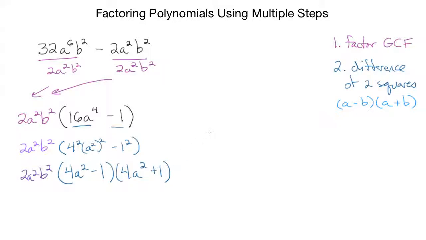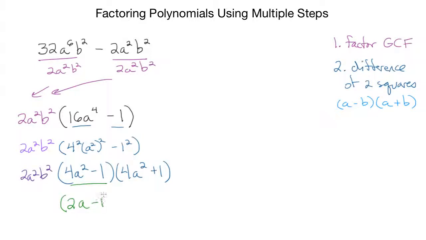All right, are we done? Ooh, we are not done. Let's check what we have. We've got two more binomials, but they both have something squared again still. I can only factor if it's the difference of two squares, but right here I've got 4a squared minus 1. That's the difference of two squares. I can rewrite that as